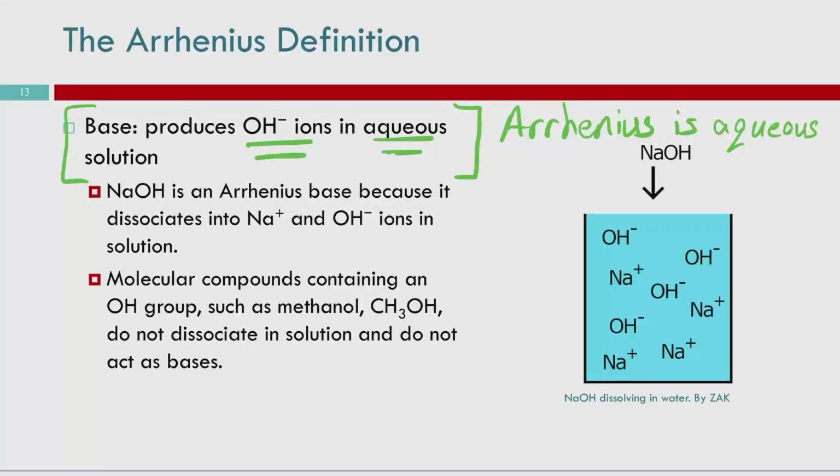If you see Arrhenius, you should think aqueous. You should think H plus, you should think OH minus. H plus for acids, OH minus for bases. So sodium hydroxide, an ionic compound, is an Arrhenius base because it dissociates into Na plus and OH minus ions